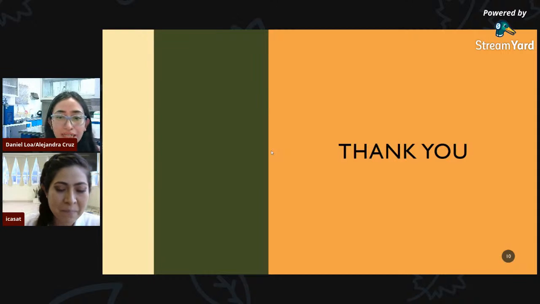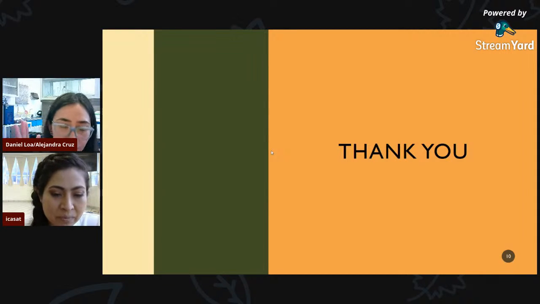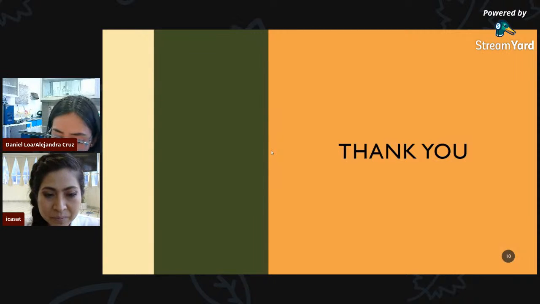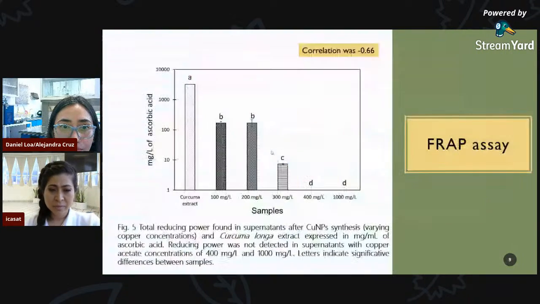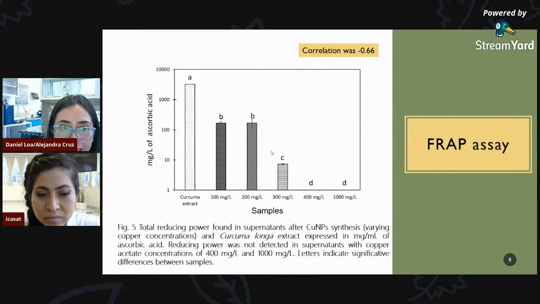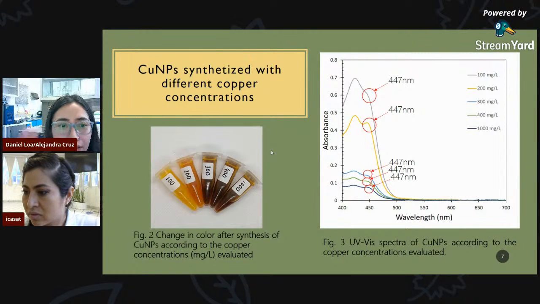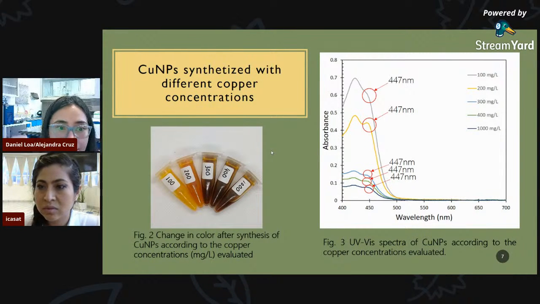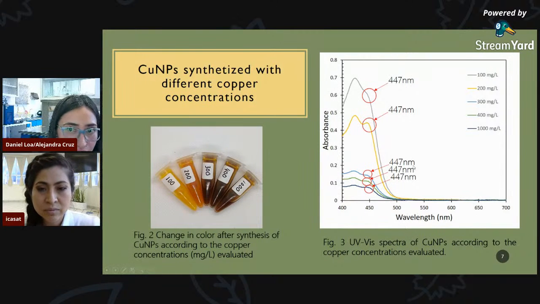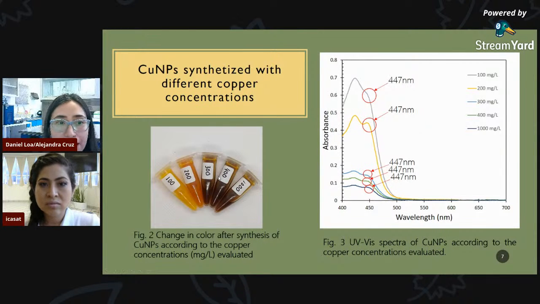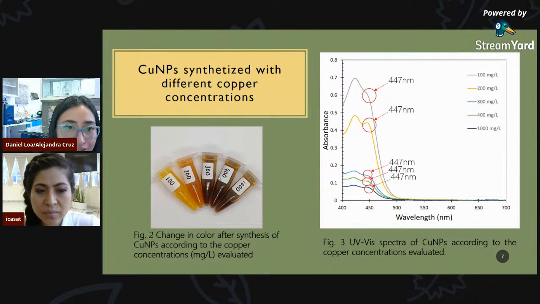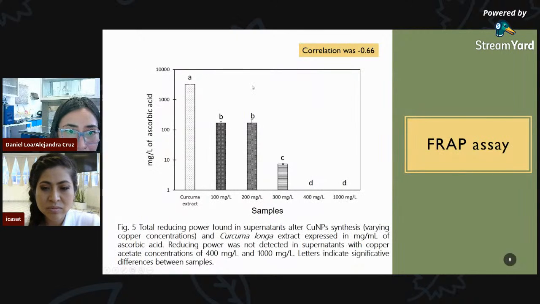Okay, that's something that we were thinking about. The first idea was that with the light colors we couldn't have a successful nanoparticle synthesis at that point, because the literature tells you that you have to get dark solutions in order to successfully synthesize nanoparticles. But when we went through the UV-Vis, we realized that even though the color isn't dark, we still have nanoparticle formation. So what we thought when we did the FRAP assay was that we still have reducing power present in here.